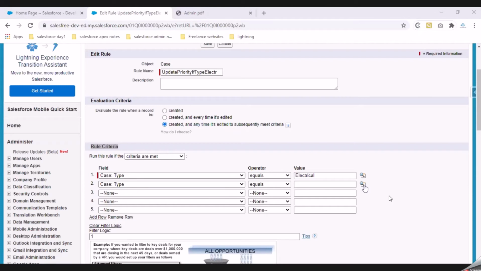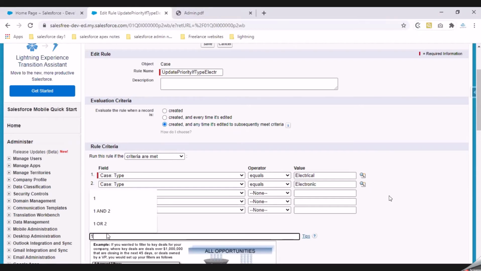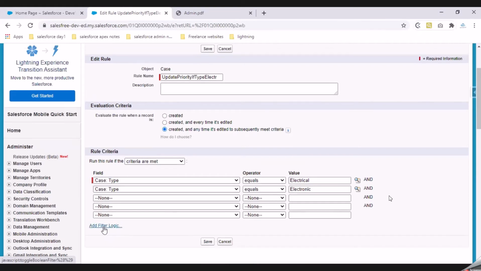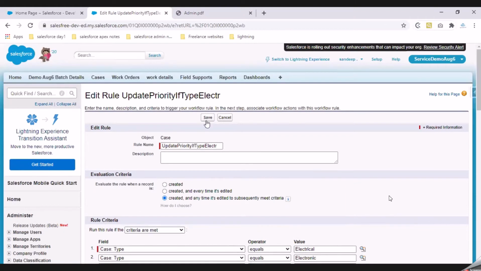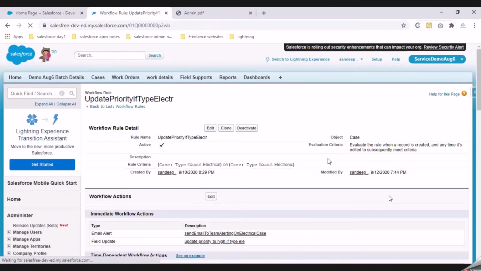In this condition, under add filter logic, I'll say, do I need 1 and 2, or should it be electrical or electronic? The condition is that if it is electrical or electronic, then I want to update my priority field to high. That is why I'll update my filter logic to 1 or 2 to get the first requirement done, which is if my case type is equal to electrical or electronic.